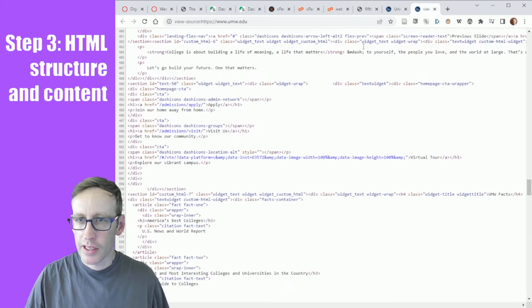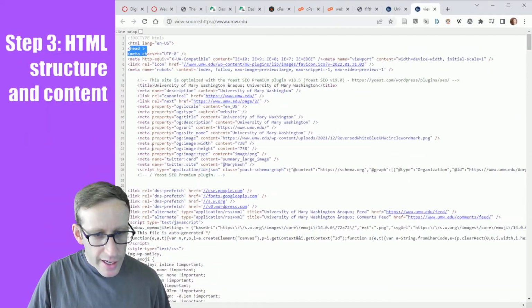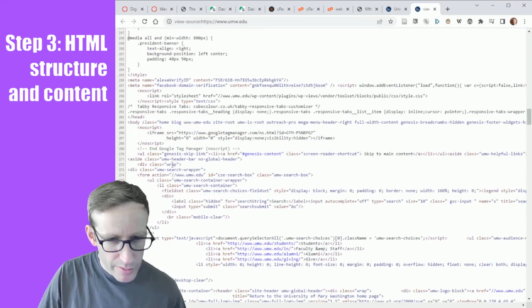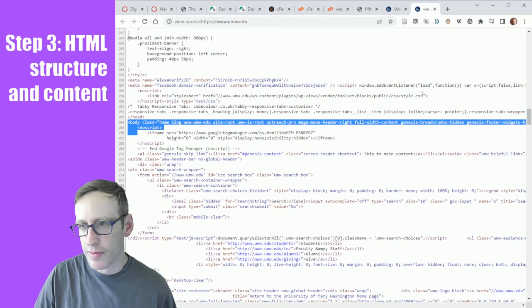Let me go all the way to the top here. There is the opening head tag, and then the closing head tag. Should be around here somewhere. Boy, they got a ton of stuff here. There it is. There's the closing head tag, and then the body tag opens immediately after that, and then there's